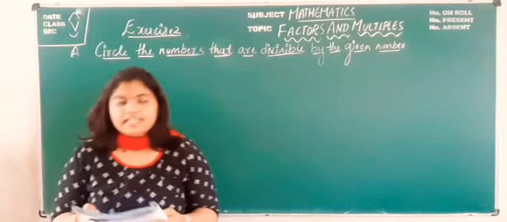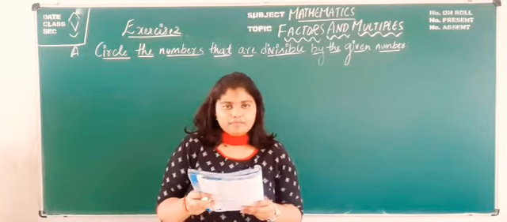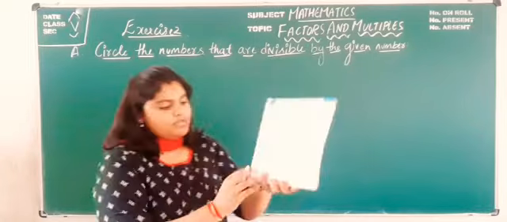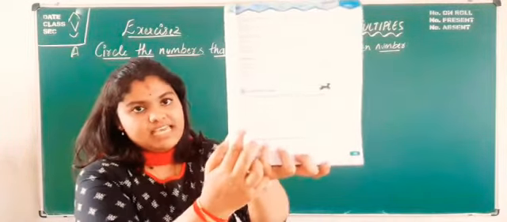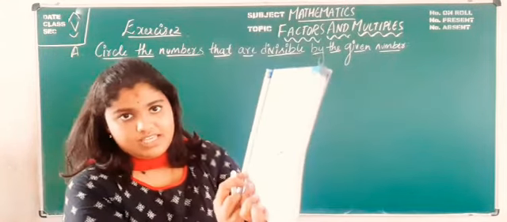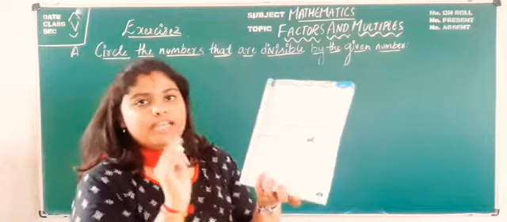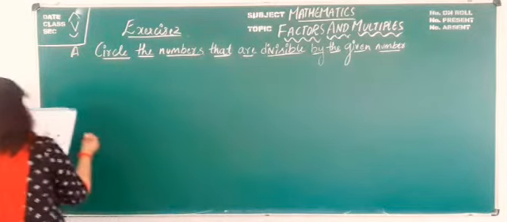Under exercise 2, in A, there is one small typing mistake in question number 6. In question number 6, they have given the number as 7. Make a change and make it as 8. Scratch that number and make it as 8. Okay. So now we shall see the first sum.